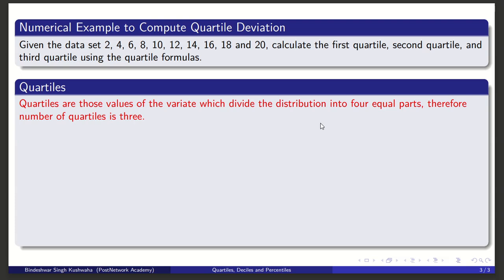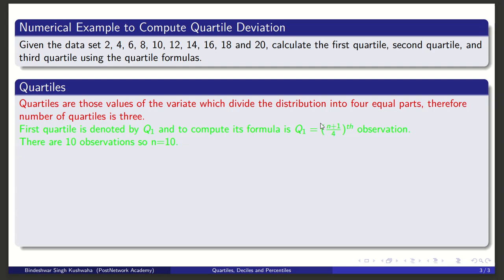So, let us calculate the first quartile. First quartile is denoted by Q1 and to compute it, the formula is (n plus 1) upon 4th observation. There are 10 observations, so n is equal to 10. So the Q1 is (10 plus 1) upon 4th observation, that is 2.75th observation. So the second element is 4, but we have to compute for the 2.75th. So 4 plus, we will take a weightage average, you can say, of the difference of the next value minus